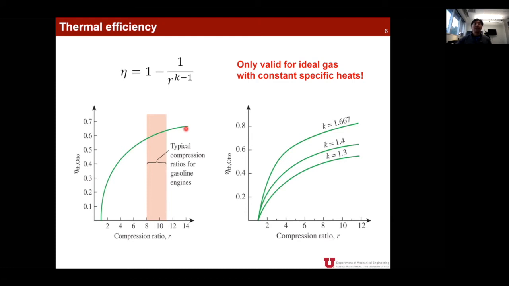Okay. Now I'm going to come back to this plot, but at this moment I'm just going to talk about the effect of K value. So also we can change K. If you increase K value from 1.3 to 1.667, then you can increase the efficiency even at the same compression ratio. Okay. So what it means is,